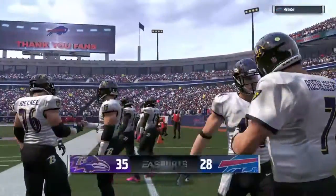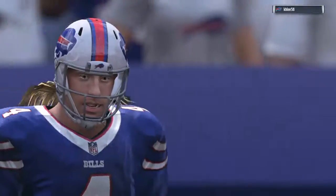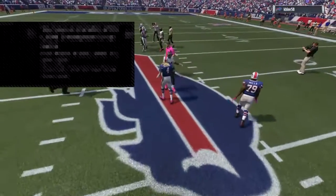Well, going into the final play of this game, they knew that they needed some type of a miracle there at the very end, but treated it really a spectacular affair. Even though they didn't